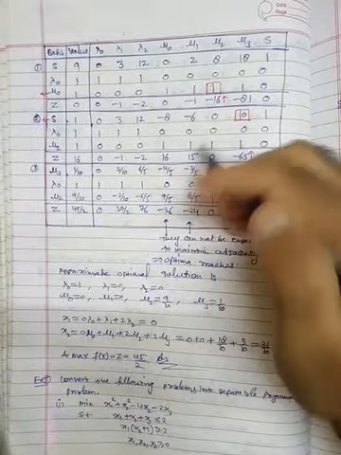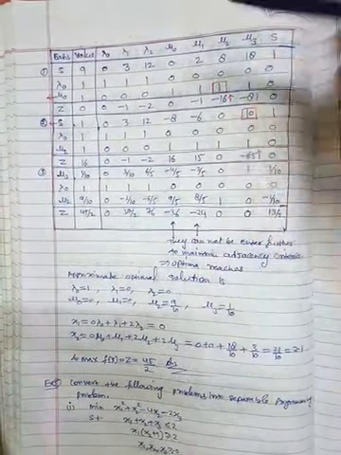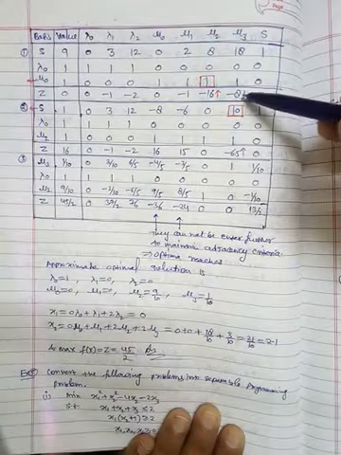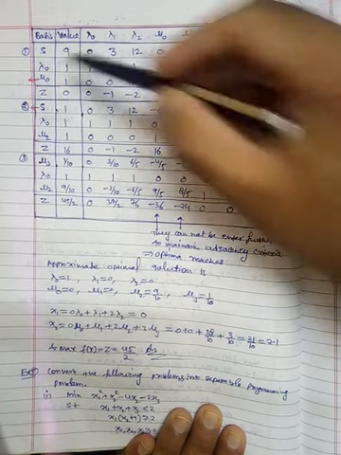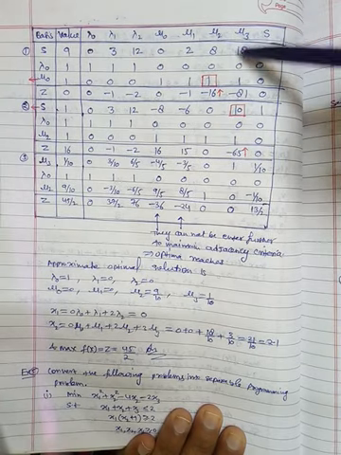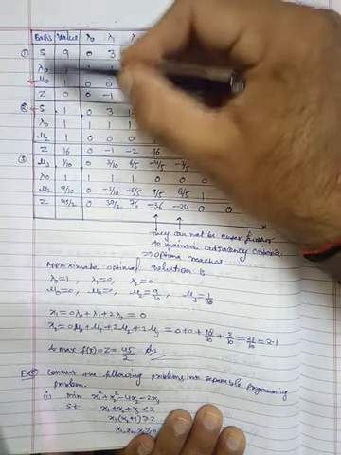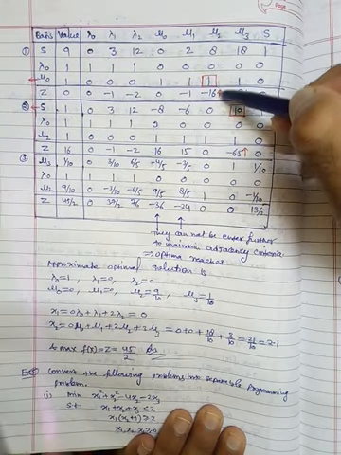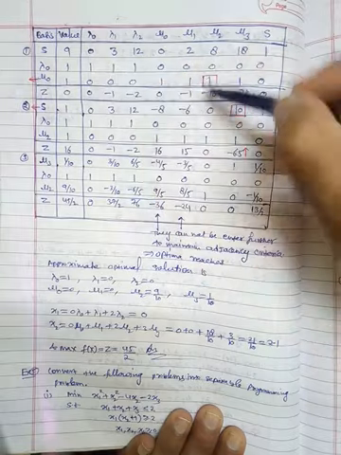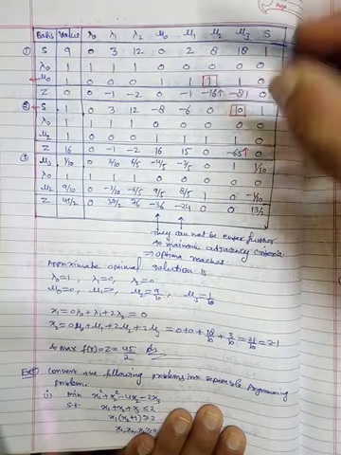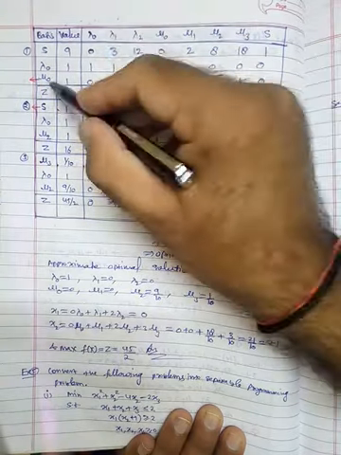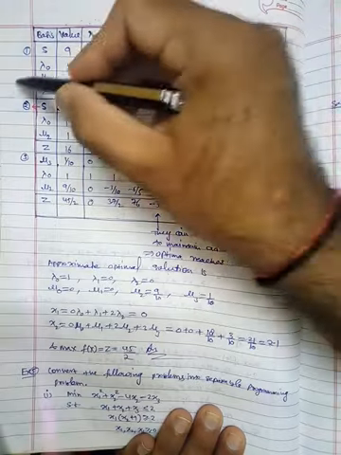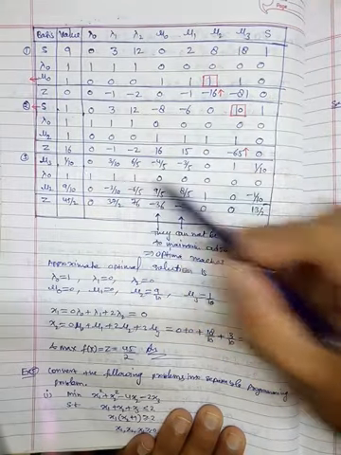So what will you get? You will get this table, the first table. By the same logic, if you enter 81, then mu3 will come here, and mu3 and mu0 are not adjacent, so this is not taken. The next minimum value is minus 16, so you will select this. So mu0 will leave the basis and mu2 will enter the basis, and that's why this is the next table.